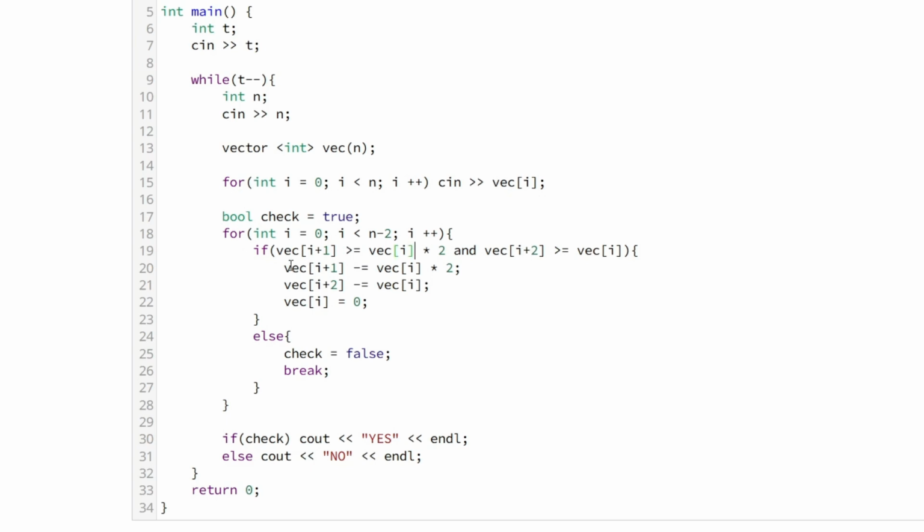And I am checking whether the I plus 1th pile is greater than or equal to the ith pile into 2, and the number of pieces in the I plus 2th pile is greater than or equal to the number of pieces in the ith pile. If these conditions are true, we can